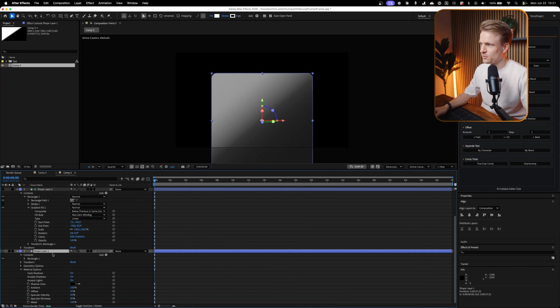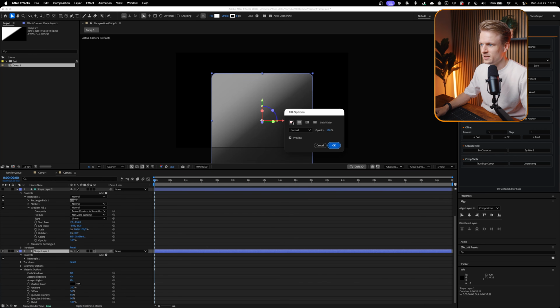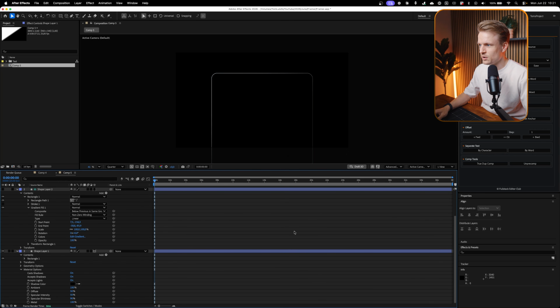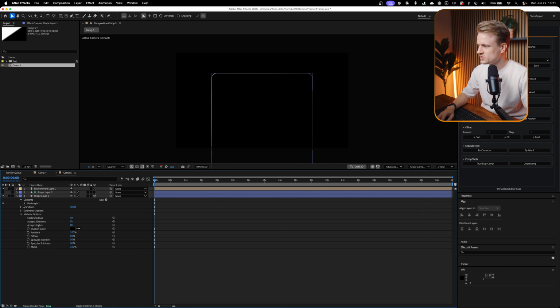I'm going to go back to our original shape. I'm going to remove the fill again because we don't need that. And if you now click away, we already have this really cool, almost like light sweep on this element. That is exactly what we want. Now let's open this shape and let's open the geometry